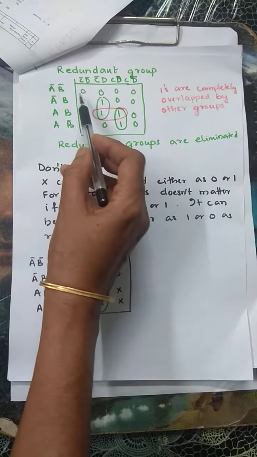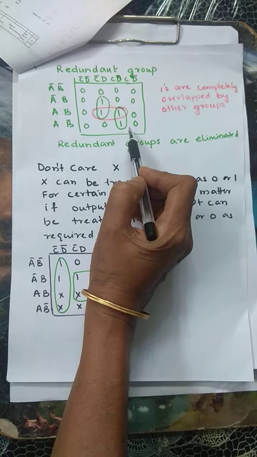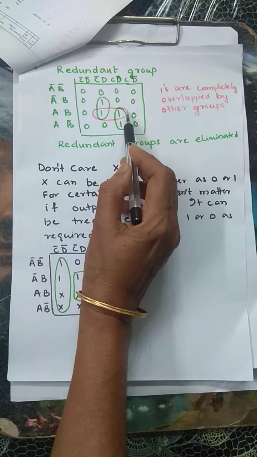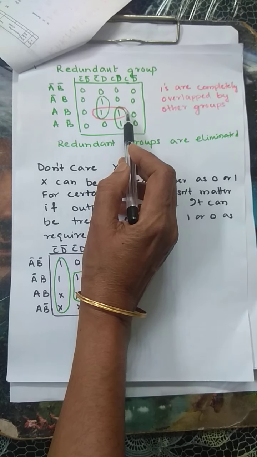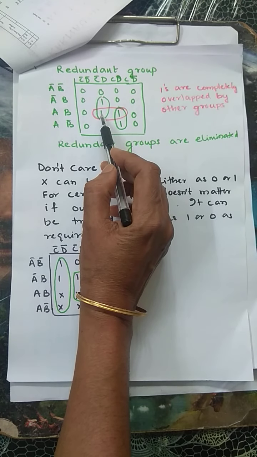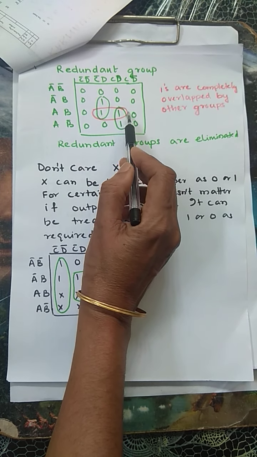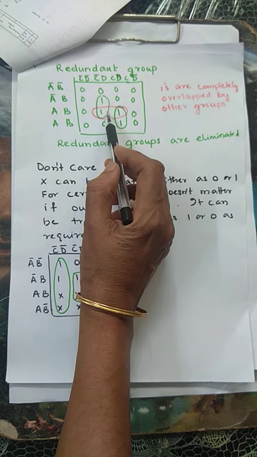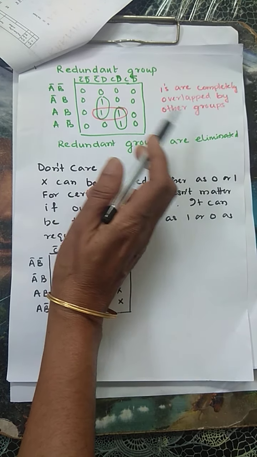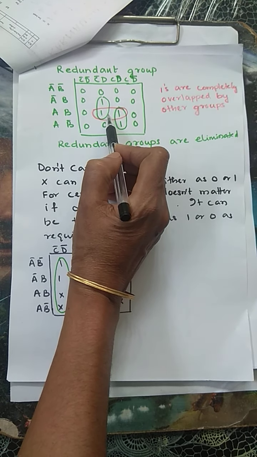Again, now you can look at this Karnaugh map. I have a pair here. This is another pair. Now I find that there is this one and this one which can again be paired. But if you look at this, these two ones are shared by other members. That means if we look at these two ones only, the group I have made with the red color has not got an identity of itself, because each of its elements is a member of another group. That means this cannot form a group on its own. It is called a redundant group.